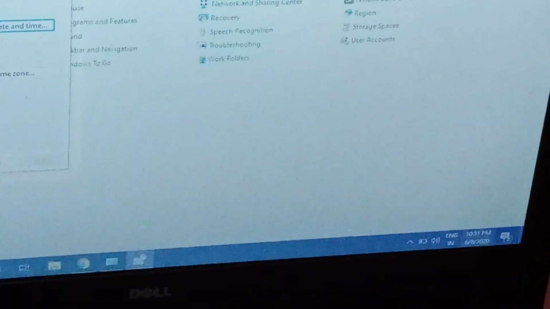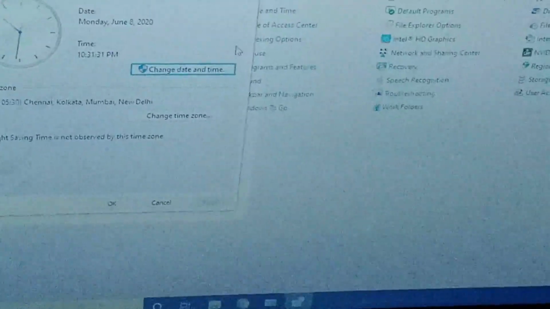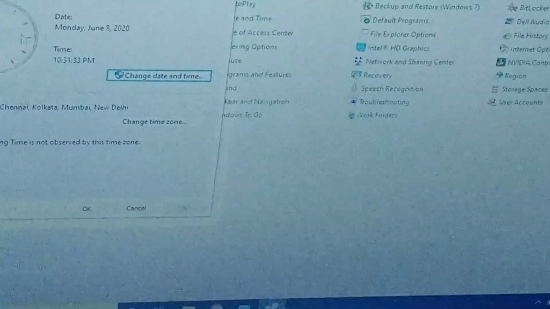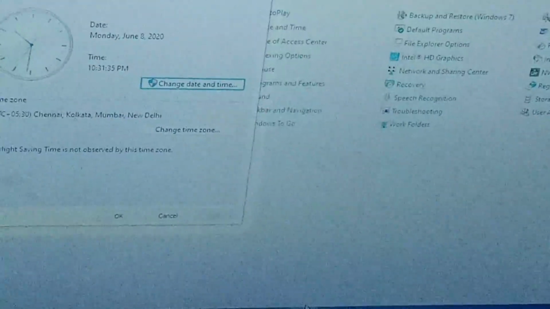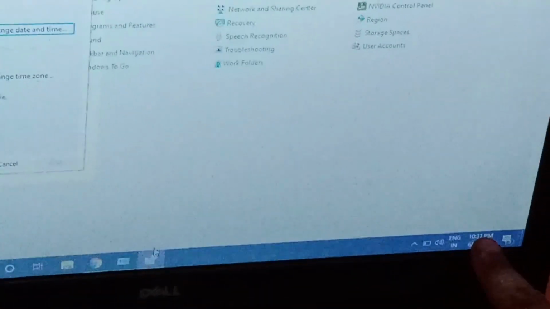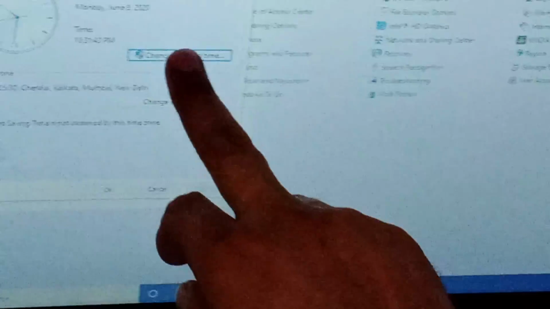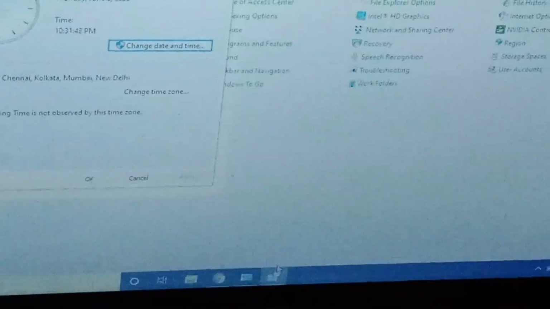I repeat again: in this particular area, you go to change date and time, so that this notification area on the taskbar shows 10:31. When I click change date and time, it automatically adjusts in the notification area.